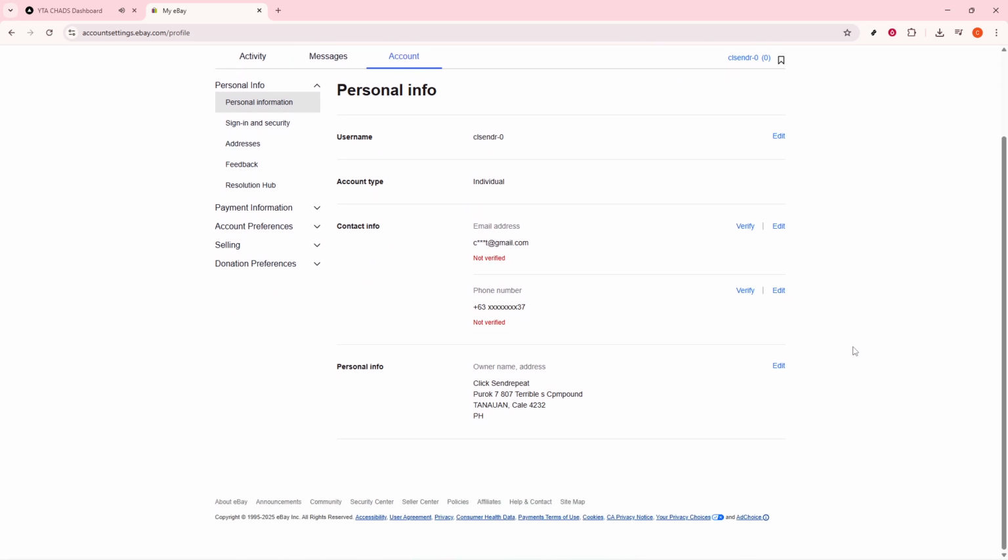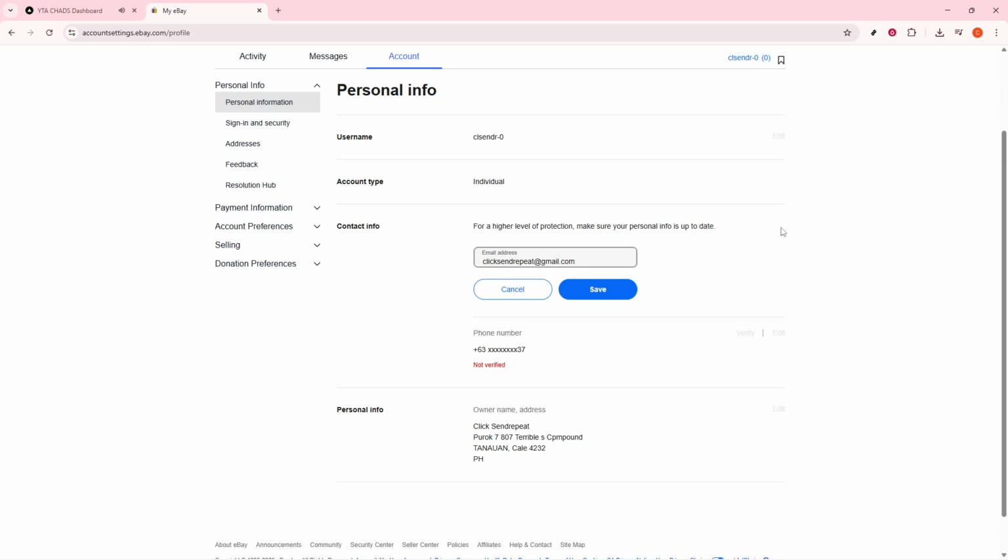Now it's time to edit your email address. Locate the email address section, and you'll see an option to edit. Click the edit button next to your current email address. A field will open up, allowing you to type in your new email address. Make sure you double check the address you've entered for any typos, as this will be the address eBay uses